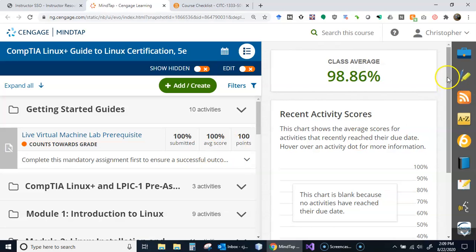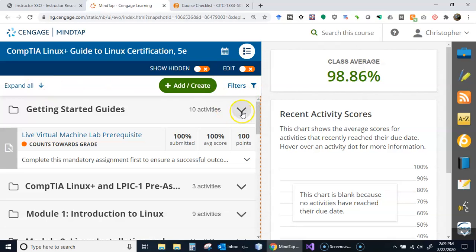This is actually not showing me anything. Class average so far is good. It used to be 0 a minute ago, so some people have already submitted. I'm not FERPA violating here, and I don't see anybody's name. So anyway, good job, guys. But yeah, I think so far the people who have taken it have done well. But anyway, yeah,